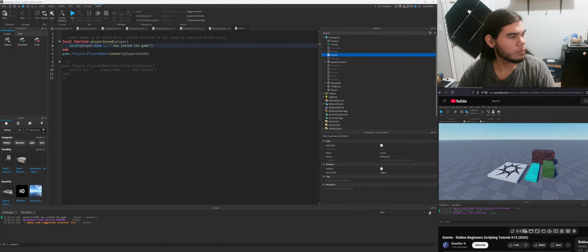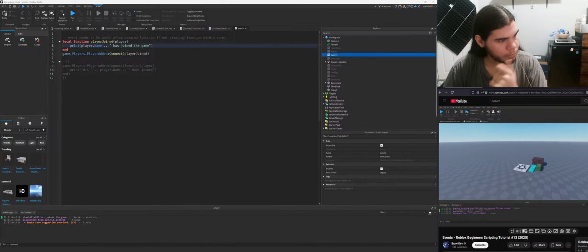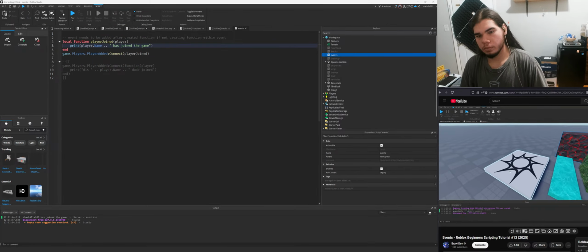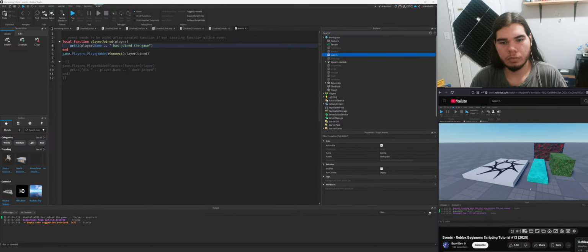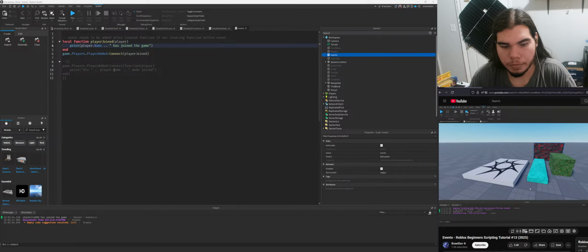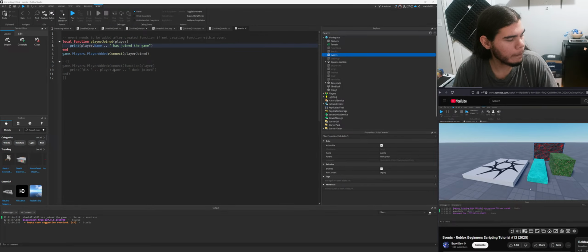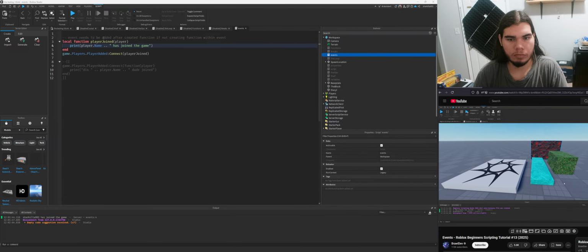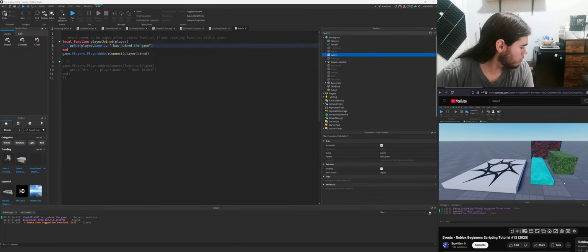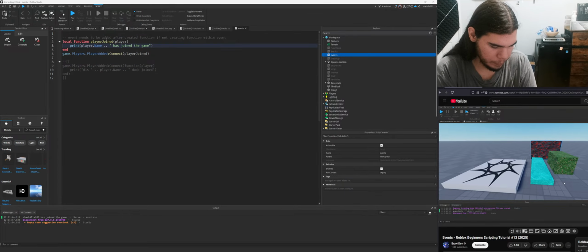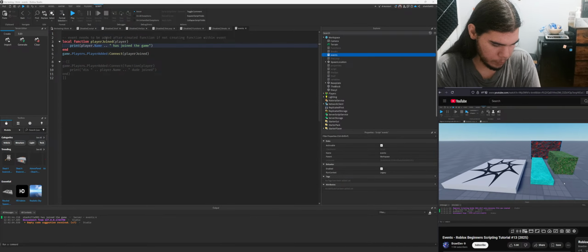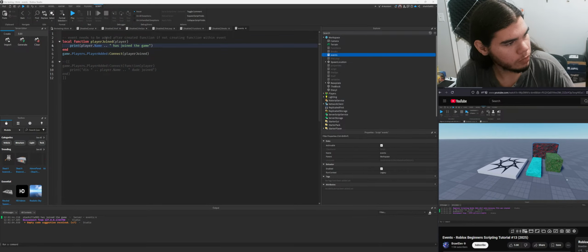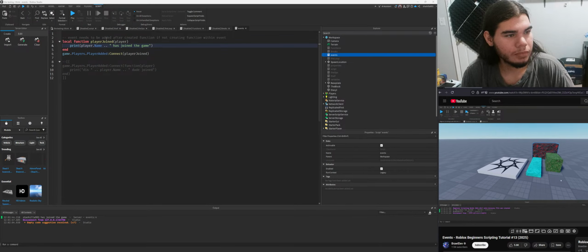used, and that is called touched. So basically, every single object or instance that you can see inside of this workspace, like these parts and also the spawn location and this base plate, they have a built-in function called touched, which basically triggers if another part touches it. Now, what this means is we can either have another part touch a part, or we can have our player touch the part as well, because our player is also classified as a bunch of parts put together as well. So this is very useful if we want to have a touch detection for if a player steps on a part. And so that's what I'm going to be showing you how to do for the rest of